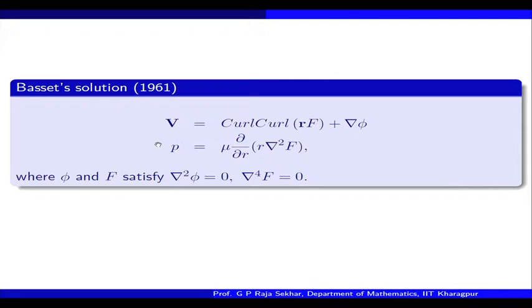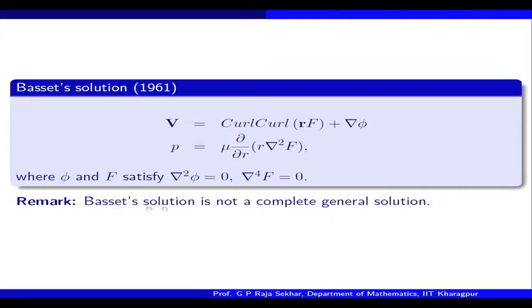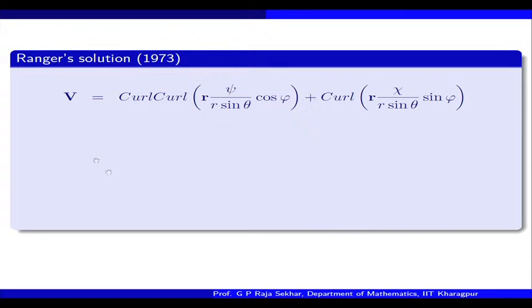Now the question is whether this is a complete general solution. One can show that Bassett's solution is not complete, but that itself is a difficult task. So, the only thing I can give is a remark: Bassett's solution is not a complete general solution. So, the next solution is